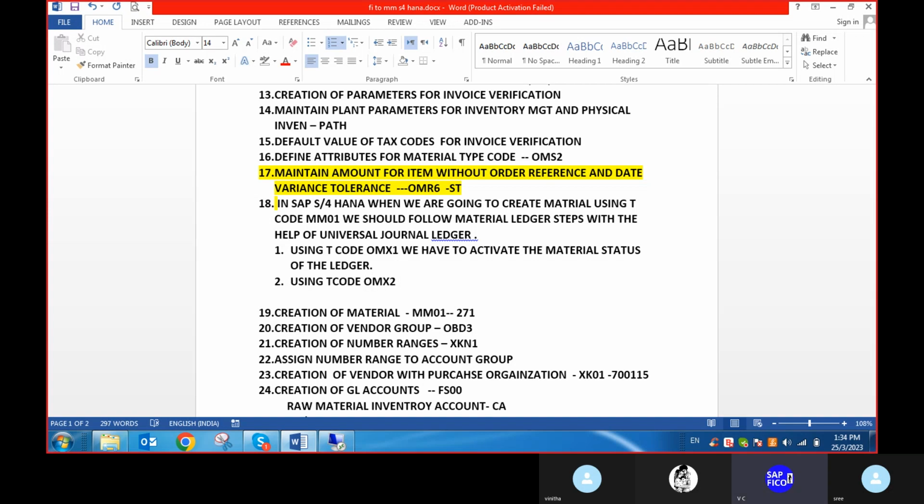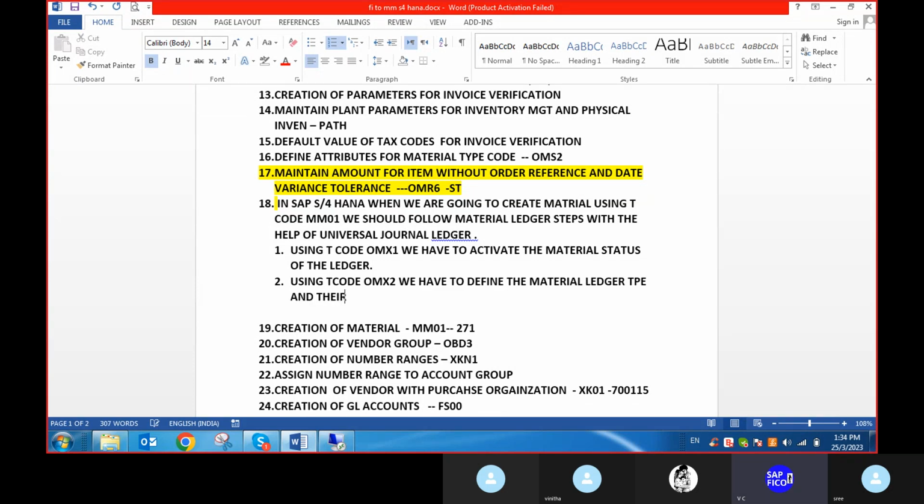using transaction code OMX2, we have to define the material ledger type and their individual characteristics. And the third point will be